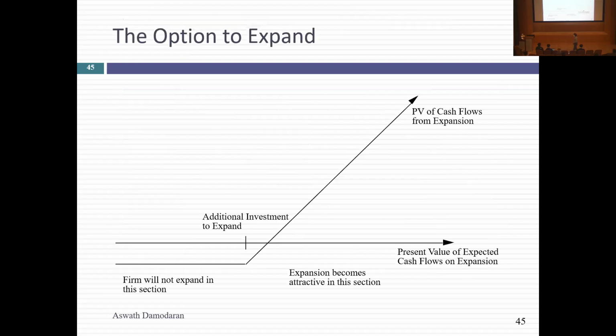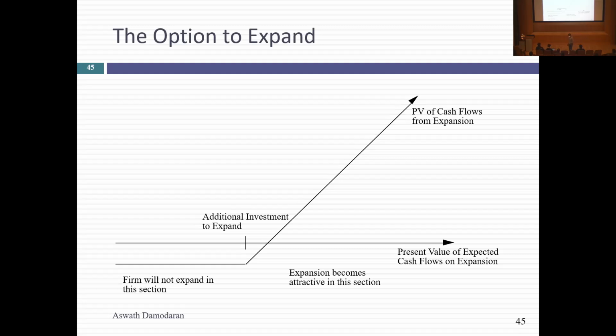So again, let me set this up in terms of a payoff diagram. Right now you're taking the bad project with the chance to expand anytime over the next 5 years. The cost that you will spend to expand becomes the strike price on the option. You will expand if the present value of the cash flows from expanding exceed that cost. It's an in-the-money option. Of course, like any out-of-the-money option, that might never happen, in which case, what did you